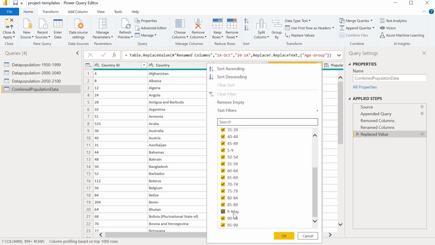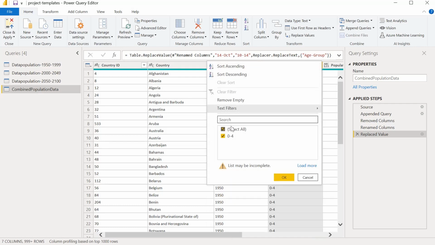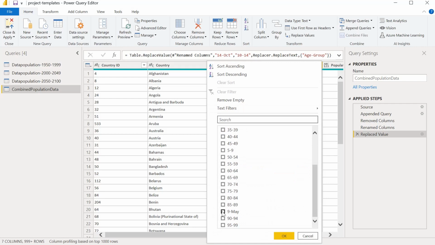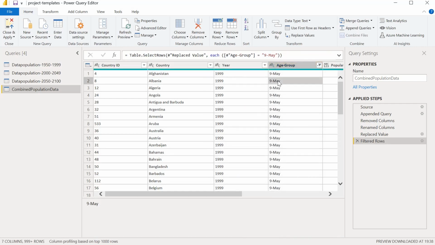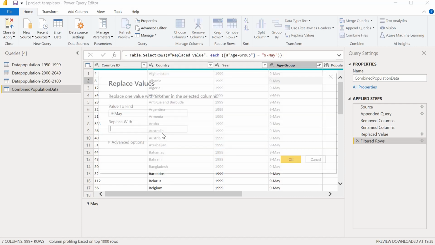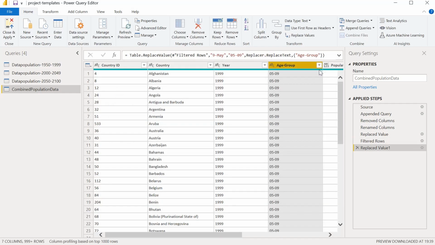Now we can see 9th May as well here. Let's see how we can do this. Just select this 9th May, and we will filter the data here. How can we replace it? If you just select this and click on Replace Values, it will automatically come in. It will save our time typing it, and this is one of the easiest ways. Now we will type 0509, because that is what we wanted, and we'll replace it, and now this is replaced.